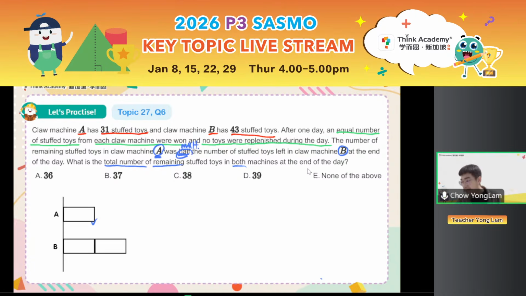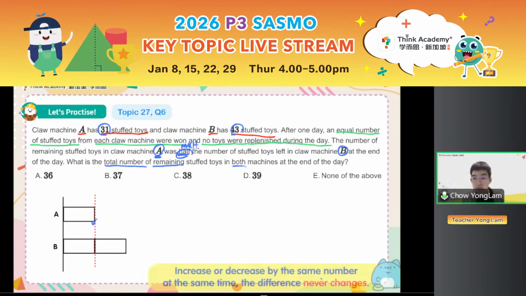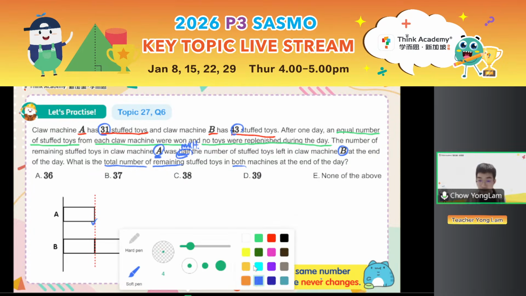Good, everyone very active. But then, do you know the difference or do you know the sum? What do you know? Right. So I only give you that. Claw machine A has 31, B has 43. But I tell you, I take away the same number from each machine. If I take away the same number, did the difference actually change? I take away the same number, just like how me and teacher Liz ate the same number of muffins. Well, you will realize that since we increase or decrease, in this case decrease by the same number